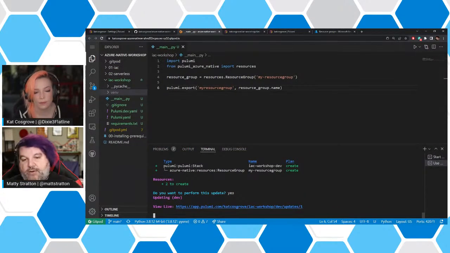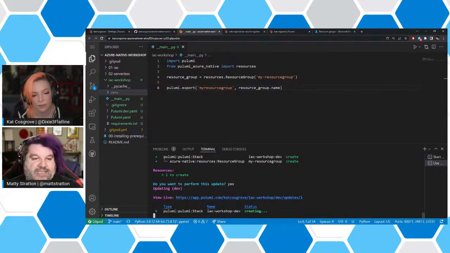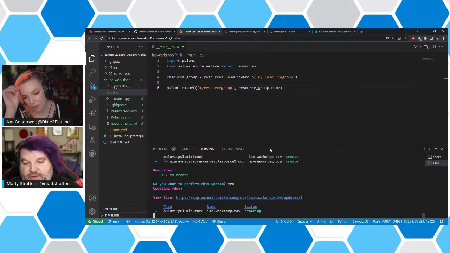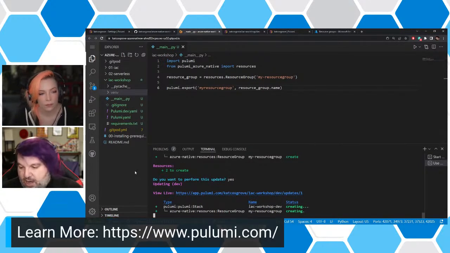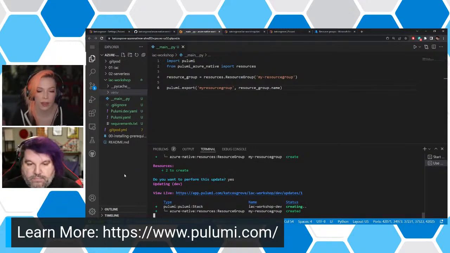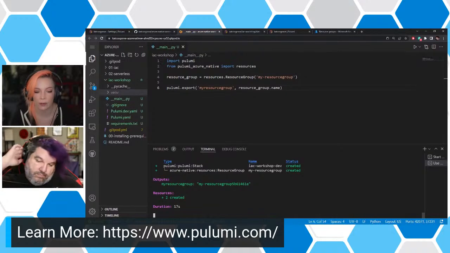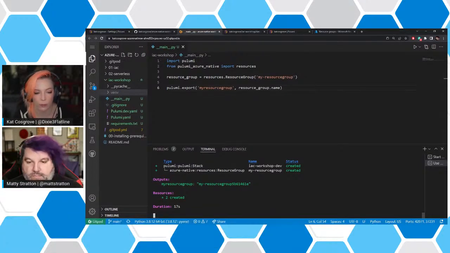Okay, so this is now going to reach out there. One of the things that you didn't see us do, but just so you know, like Kat said, the environment variables have already been set to what Azure tenant and service principal to use. It all depends on how you create this. And there's a little bit of weirdness with accessing the Azure CLI from inside of the Git pod. So that's why we set up the environment variables beforehand.